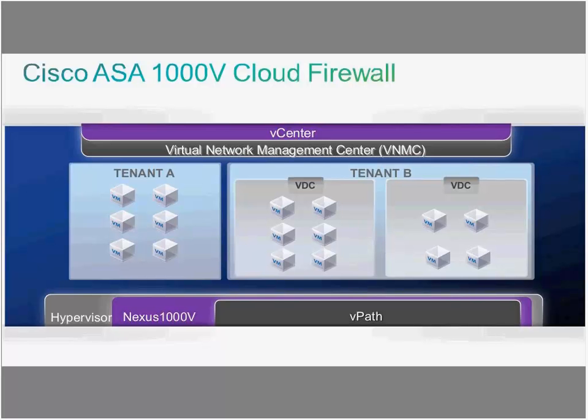Now, the VSG, what we talked about, is within the tenant. If I need security, a firewall within one tenant on the same VLAN, if I have my virtual machines and I need to protect them, I will use VSG. But what about two different tenants belonging to the same customer, or two VDCs, virtual data centers, for the same tenant sitting on different subnets? So different subnets or different tenants. How do I protect them?